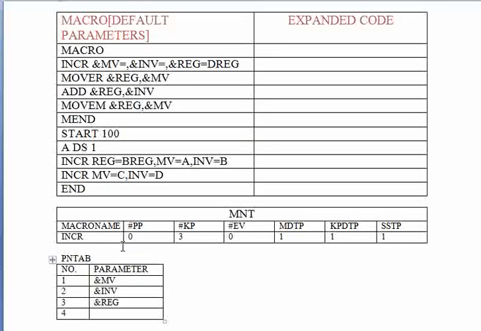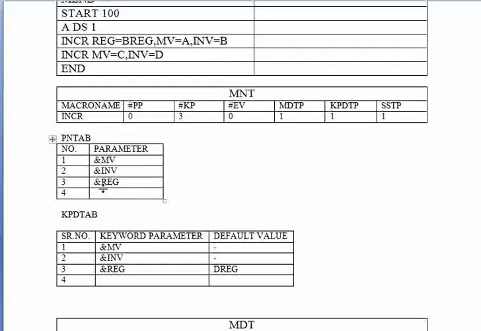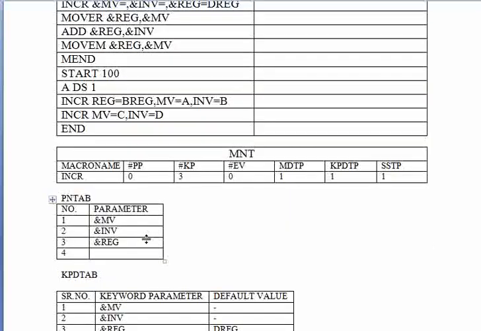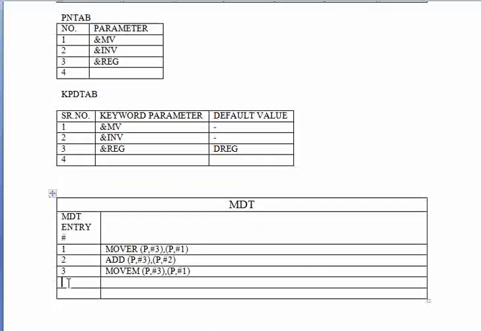Then we look at the next line and we see that it's a MOVEM statement, so it's a model statement and we have to make an entry. So we write here MOVEM, and we see that we have a register and MV. Register is 3, so we write P, comma, hash 3, and then P, comma, hash 1, and then we increment the pointer by 1.